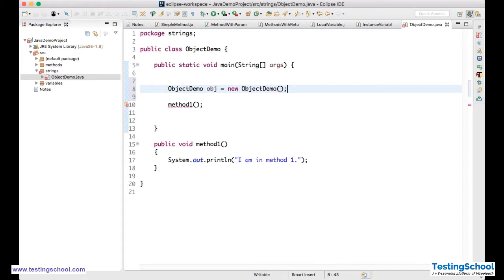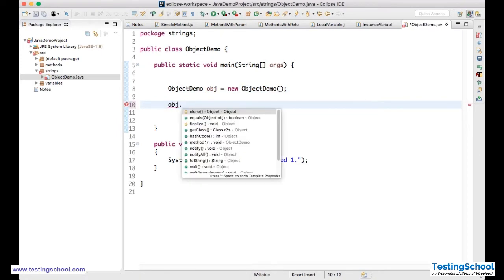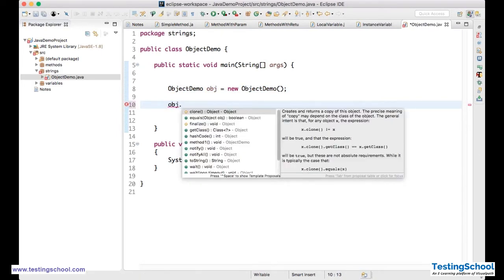So what is this ObjectDemo? I am creating an object of this class. When you say new, it's creating an object, it will create some memory. Then you say obj dot, and you have some default methods.